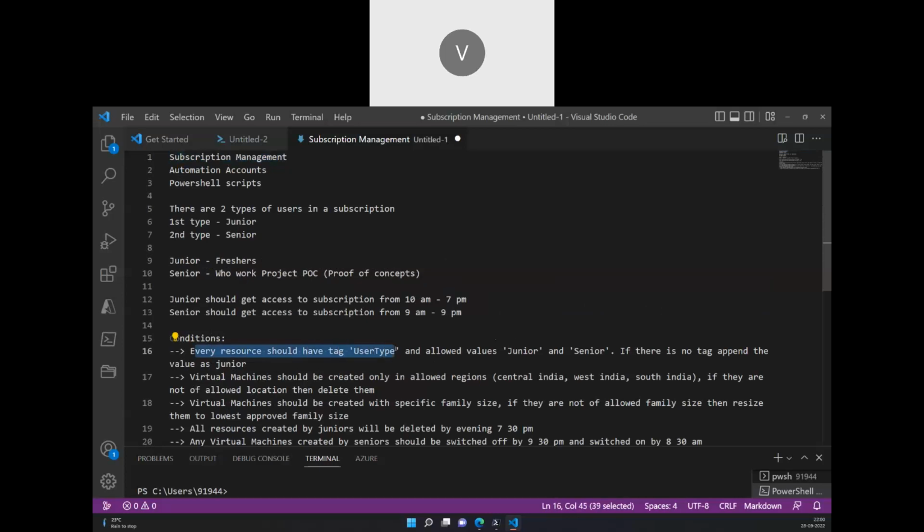a tag value of user type, and if it is having a tag value of user type, then it is fine. If it is not having a tag value of user type, then we're going to append the value of junior